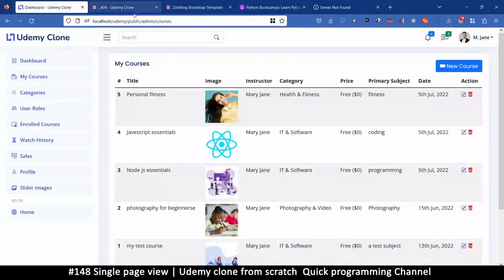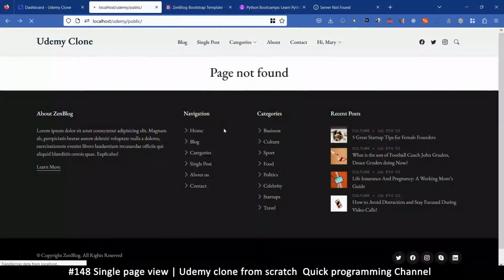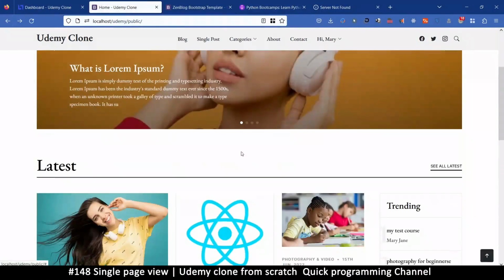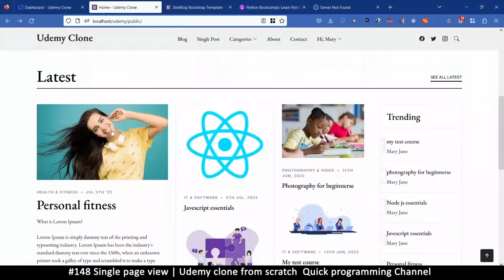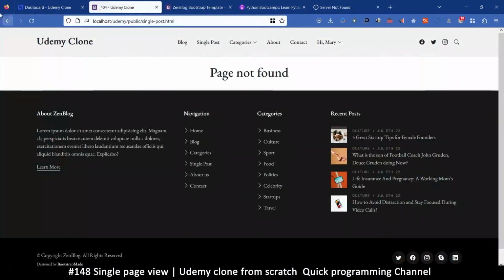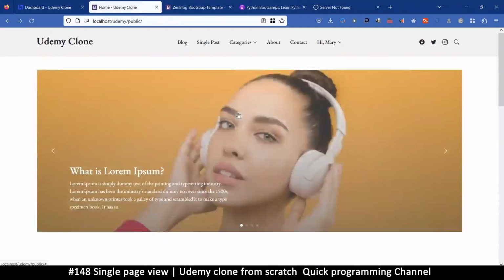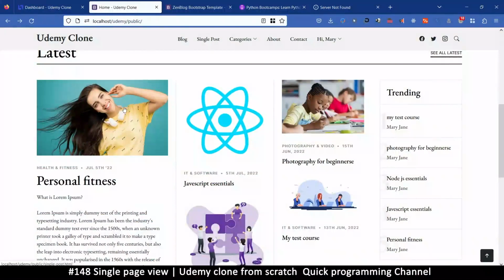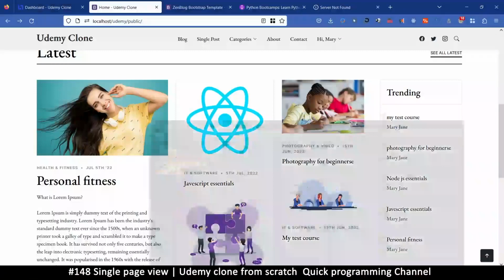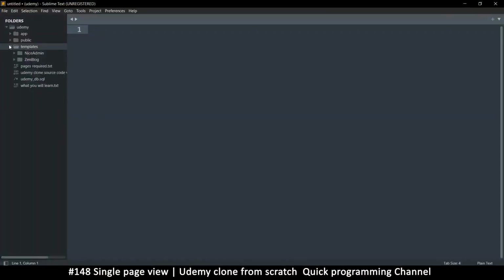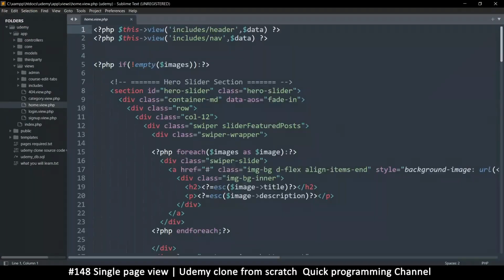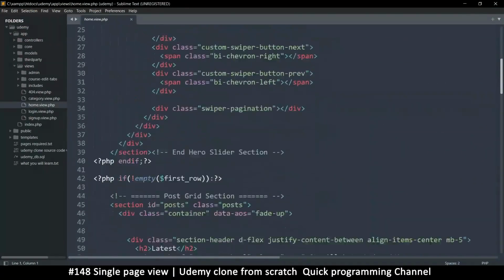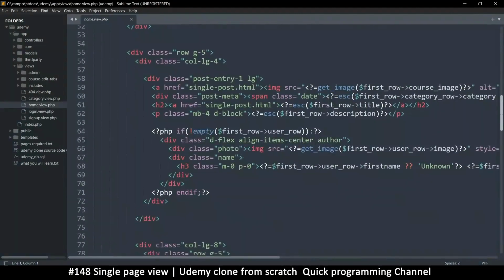So now if you click on a course here, it gives you the page not found thing. So if I click, that's what I get, but we want to get the single page view. So all we need to do is make sure that it goes to the right place here. So since our courses right now are on the home page, let's go to the home view. So app views, let's go to the home view, and let's look for